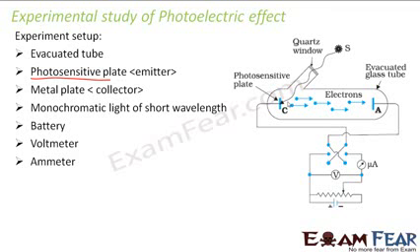So it was a very simple experiment which was carried out. But this experiment was helpful in studying the variation of photocurrent, as we change the frequency of the incident light, as we change the intensity of the incident light, as we change the potential difference between the two plates. So we will see the conclusion of this experiment one by one.